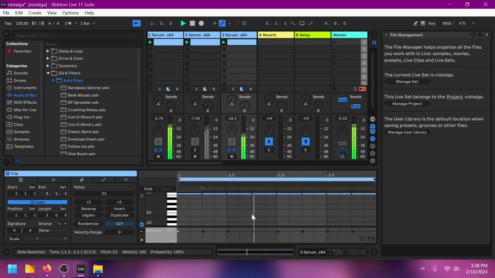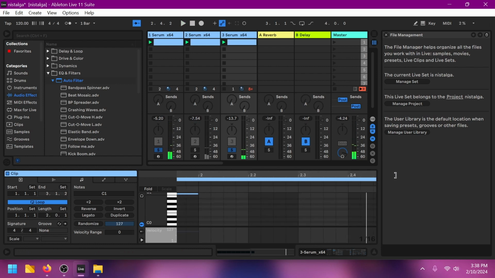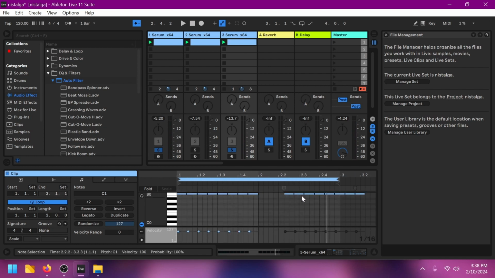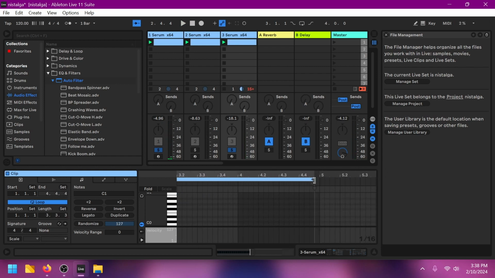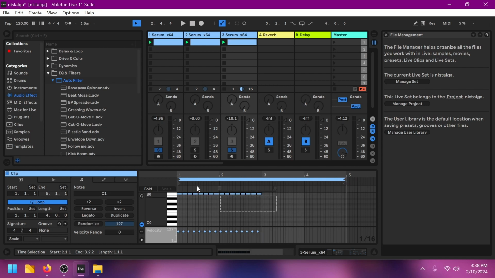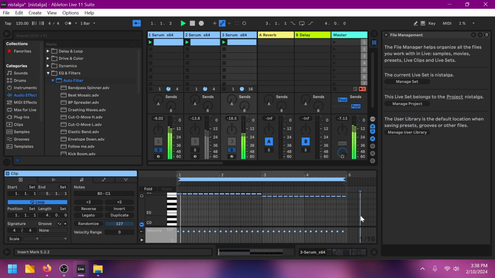Wait, no. Okay, so I listened to that, and I repeated it twice in my listening. So we'll do that, and listen to this. Which I like the sound of, and then what I'm going to do is zoom out, duplicate this, and go down by one. So that middle part